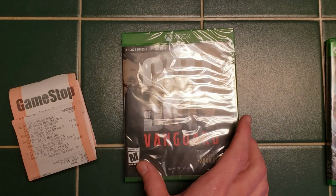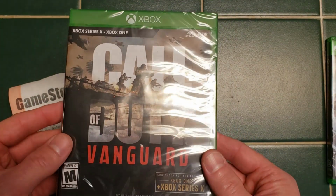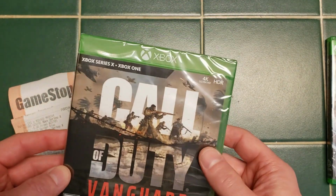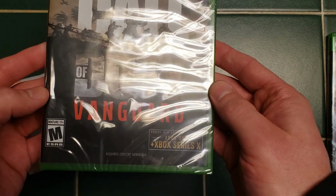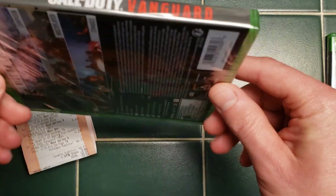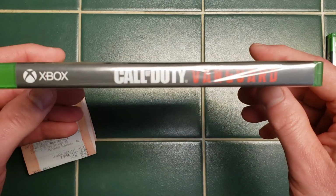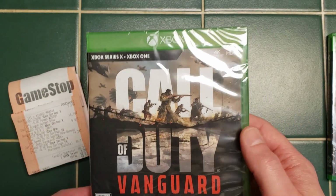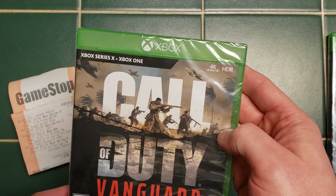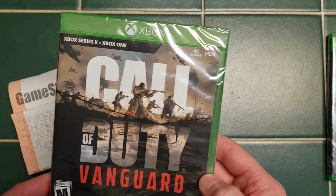Continuing on with the new inventory that's been converted over to pre-owned inventory, we have another cross-platform Xbox One and Series X game. We have Call of Duty Vanguard. As you can see, this game is brand new sealed, but it rang up at the pre-owned price since it was in the pre-owned section. This game is $14.99 pre-owned at GameStop. With the Pro members, it's